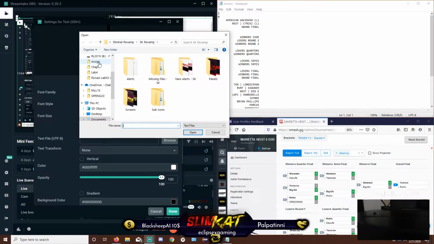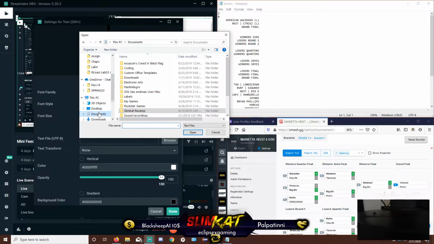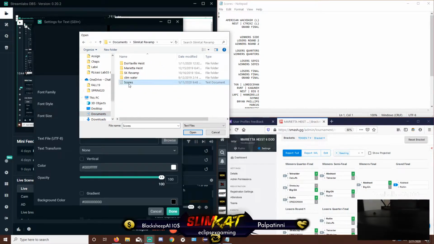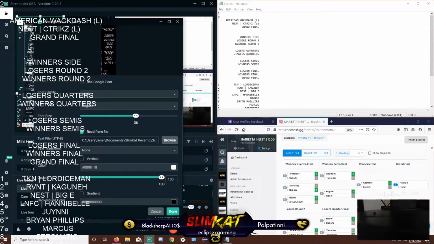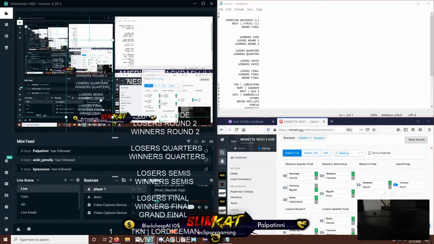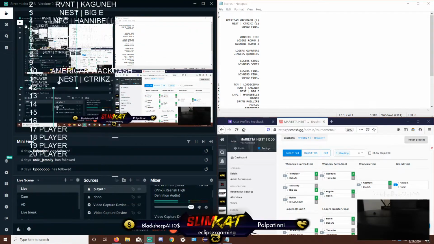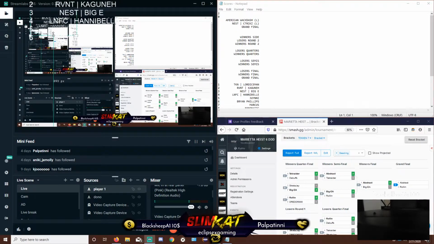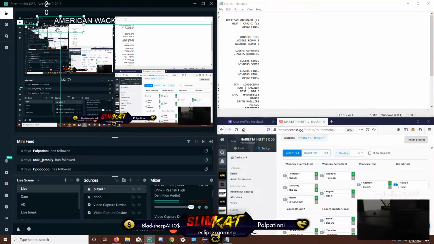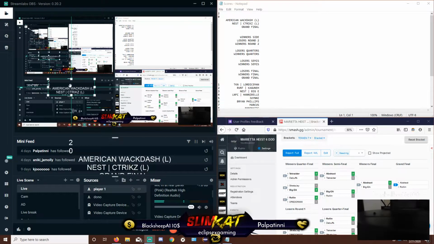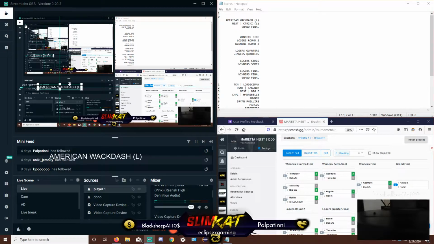So in my case, the file is in documents, right here, scores. See, it's all that I wrote down, and all I gotta do is crop what I want. So if I want player one, I have to hold the alt key and then drag all the way. I'm not sure if you can see it, but you drag all the way to player one. You just drag it like that, and then you have it somewhere up there. You save that, and then whoever's next, whoever's player one, now you can just come up here and then